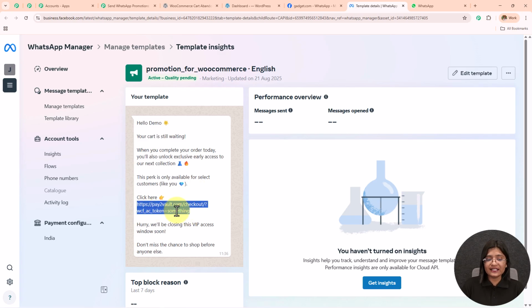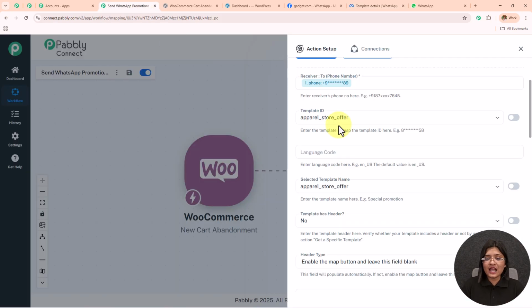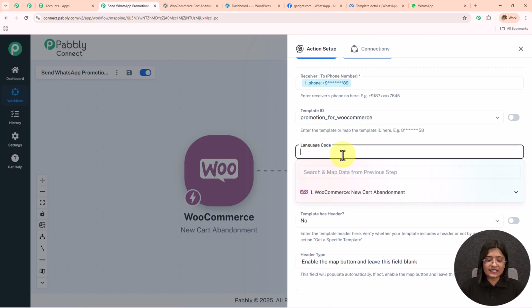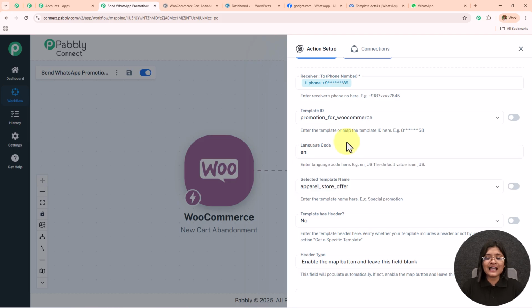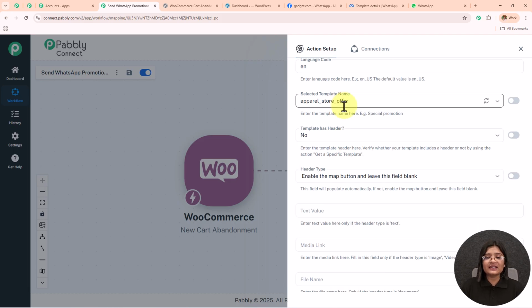So here you can see that I have added two custom variables. One is for the checkout link and the other one is for the name. So two custom variables are added. Hurry, we'll be closing the VIP access window soon. So I will be selecting the same template. I will click on this template ID and select the template ID as promotion for WooCommerce. In the language code, I'm going to enter EN. The selected template name is